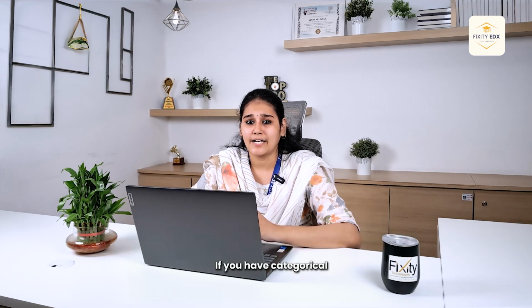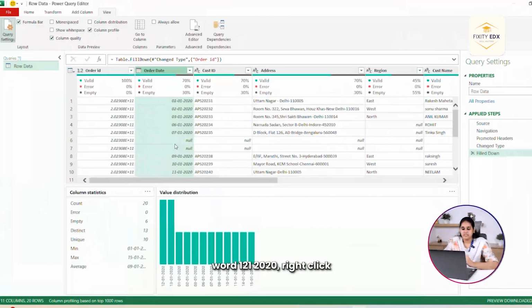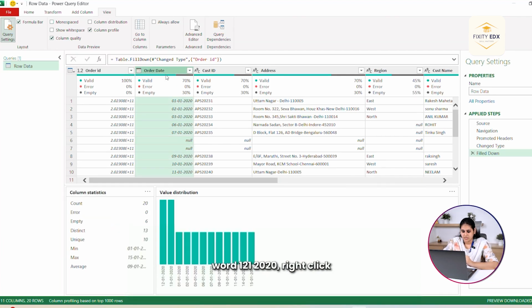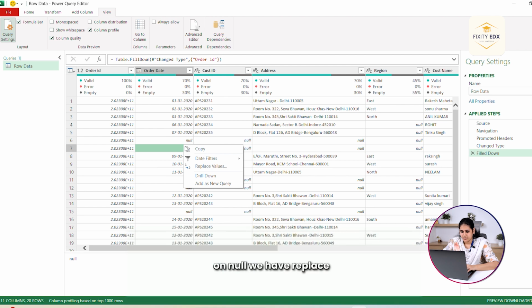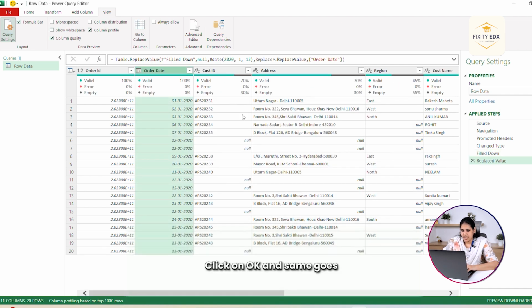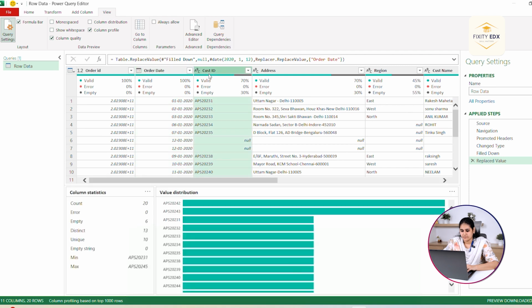If you have categorical data, you have to replace them with the most occurring word. Right click on null. We have replace values. 12/1/2020. Click on OK.